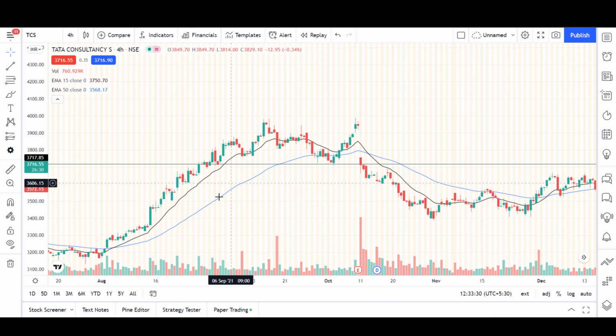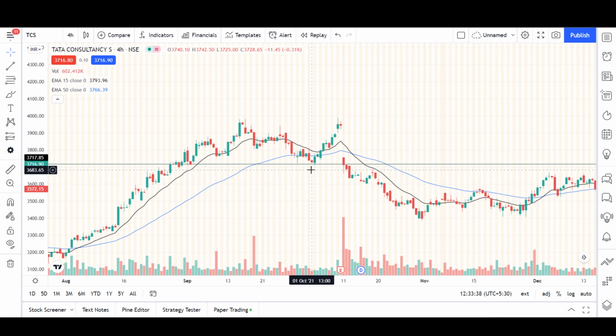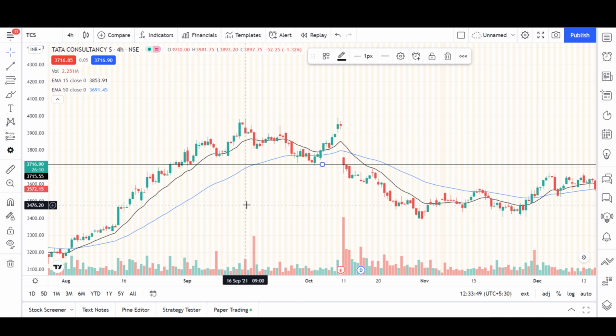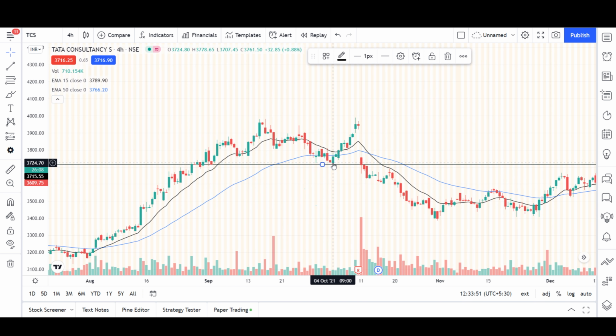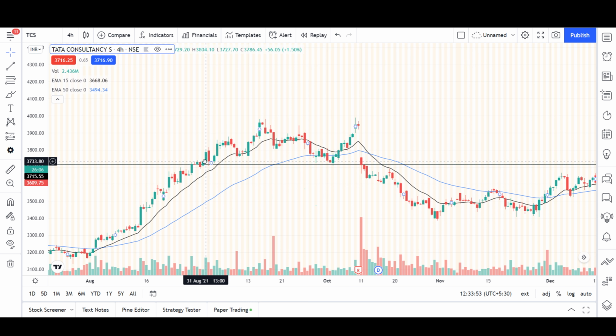The 50 EMA is not the complete deciding authority for your exit position or for your stop loss. So if it starts to break below the 50 EMA, you're supposed to get alert and get ready. And as it breaks below it, find support zones. As we can see, it started to break below it here, and this zone right here is a pretty strong support zone for TCS. So we may not exit here.